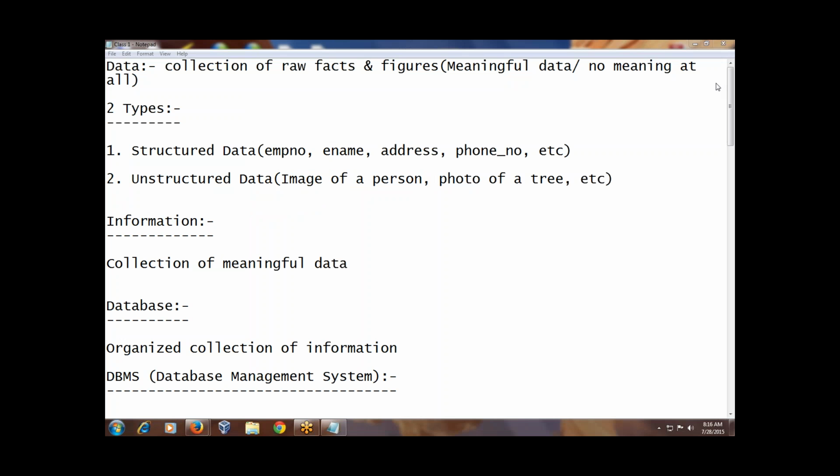Can you able to see the screen? Yes. Okay. Okay. See,